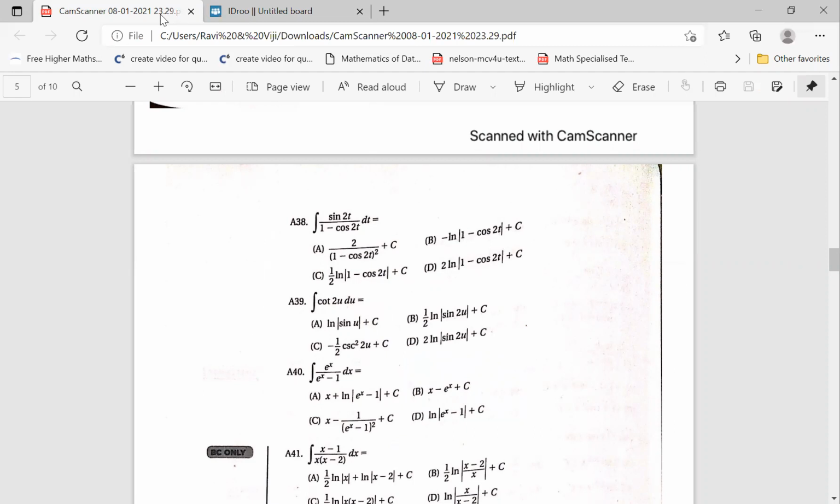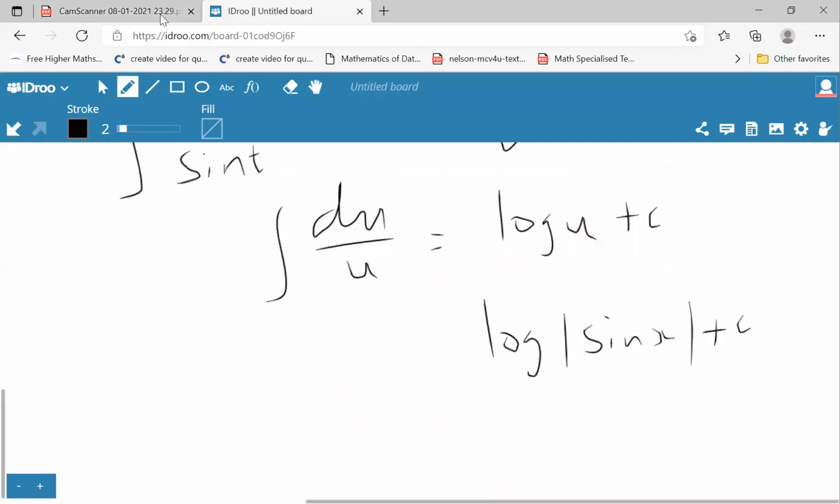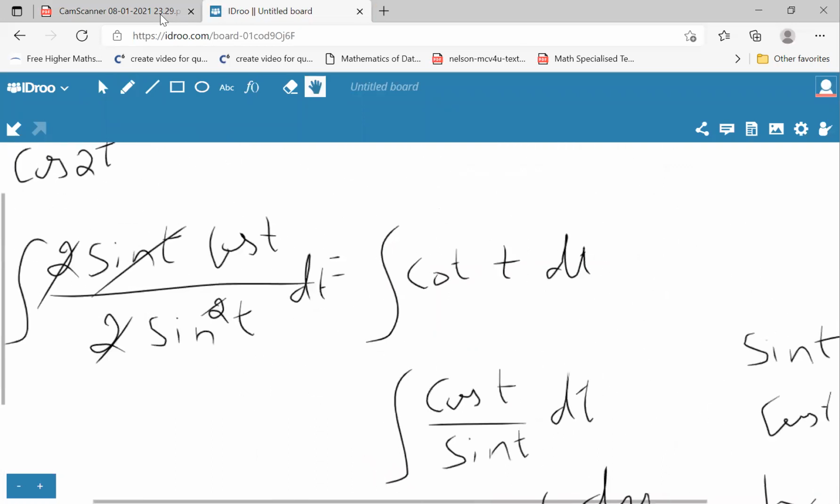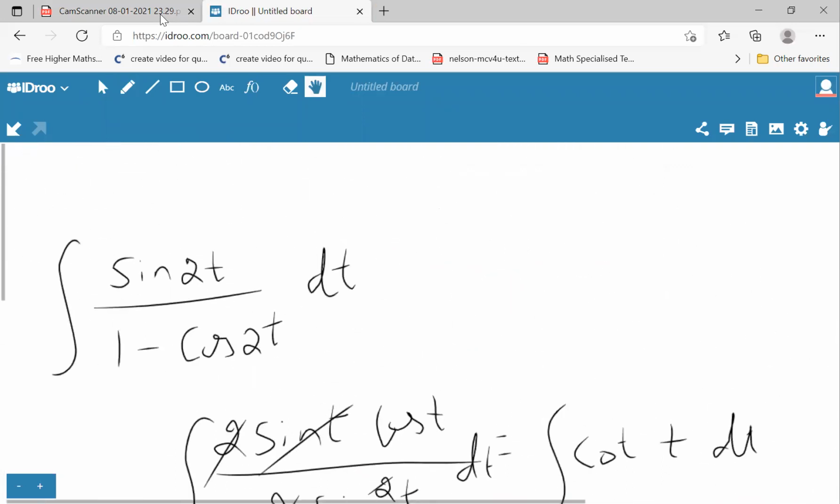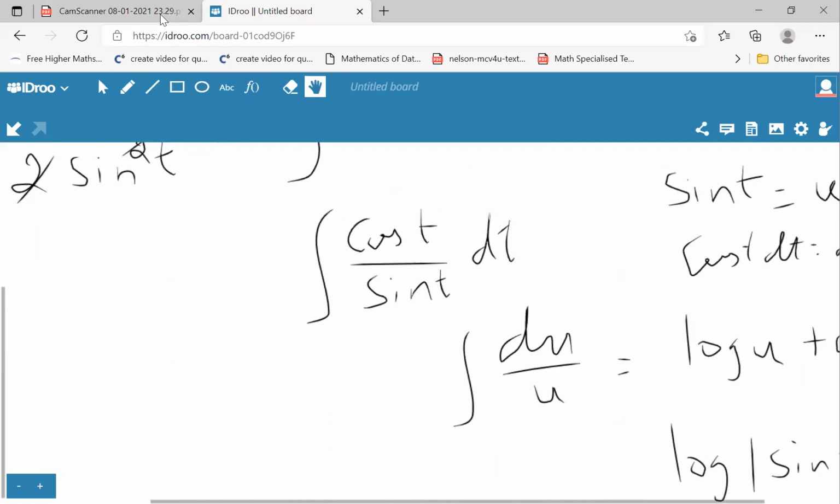Actually, they have done it in a different method. They have taken 1 minus cos 2t. Oh, sorry, children, I did it in a different way. This can be taken as, whenever it is given as simply cos t, then you can write it as, if the sum is now going to be sine 2t by 1 minus cos t dt, then this can be the answer. All right. You can follow this.